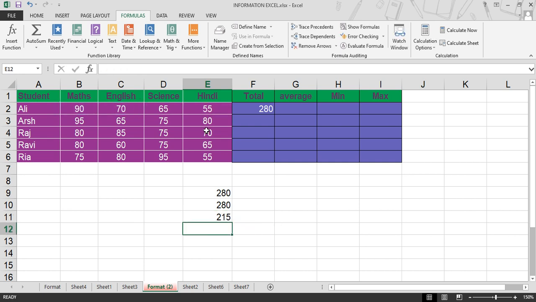So here we have the sum of all these cells, first B2, C2 and E2. So here we have 250. So in these three ways you can enter the formula and refer to your cell address.